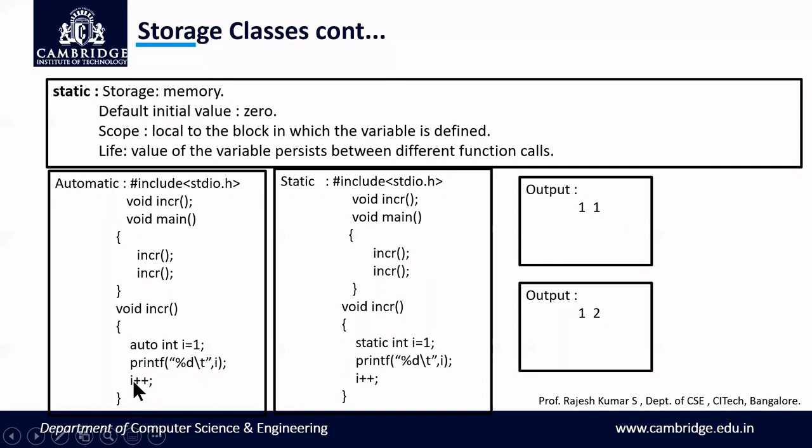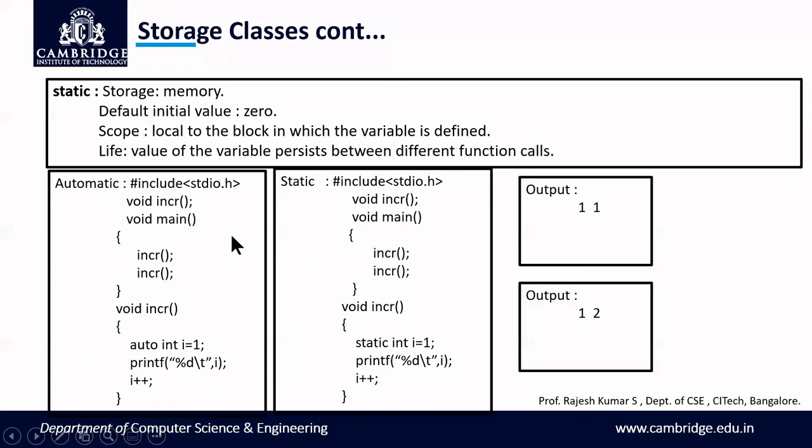Again, I will increment, I will become 2. When I come back here, I will find there is no other statement to be executed, so I'll stop the program. So here I'll be printing 1 and 1. Right? So once you come out of this called function, the I value will be destroyed. Our I value will start with the initial value again.